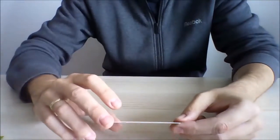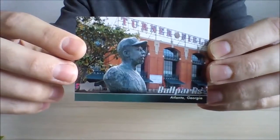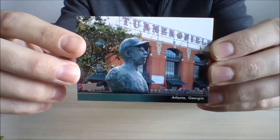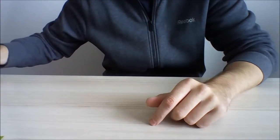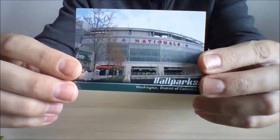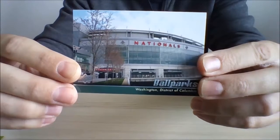But here you have another great photograph. It's from the Atlanta ballpark. The ballpark in Atlanta. Yes. And let me show you the Nationals Stadium. Yes, in Washington. Good photograph. And I also have